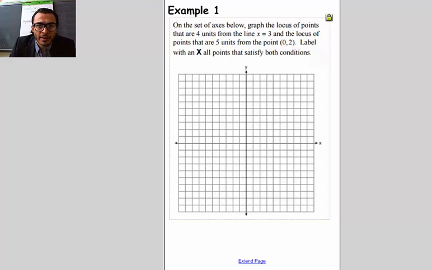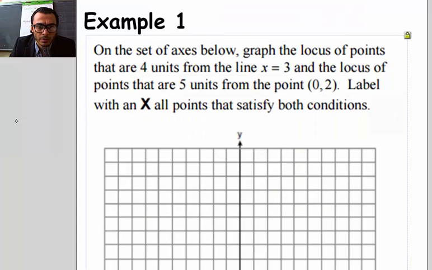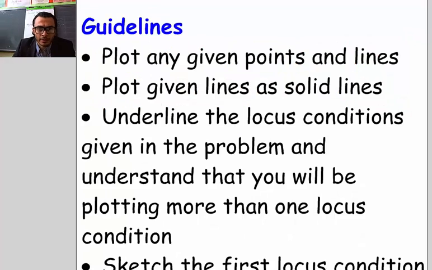Example 1 says, on the set of axes below, graph the locus of points that are 4 units from the line x equals 3 and the locus of points that are 5 units from the point (0, 2). Label with an X all points that satisfy both conditions. See if I can enlarge this a little bit. There it is. Okay, so our first bullet point says plot any given points and lines,